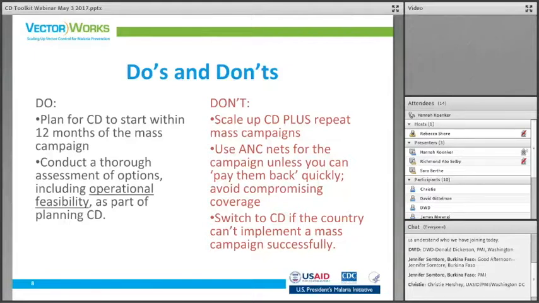So, what is the school system like? Is the Ministry of Education on board, or are they not on board? Are there opportunities to collaborate with other sectors? Are there enough community health workers with enough skills, with enough management and supervision to be able to implement a community-based system? What are the logistics like? All kinds of operational feasibility questions, including from political all the way down to logistical considerations as part of that